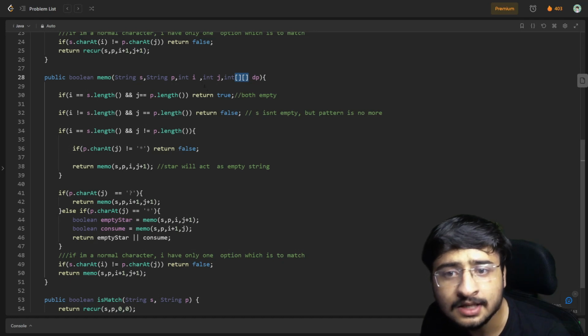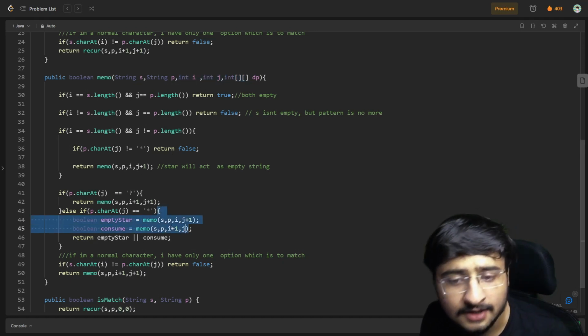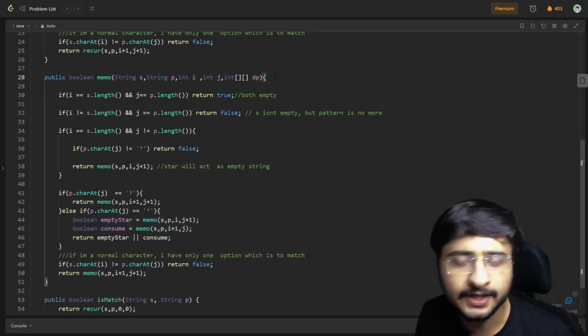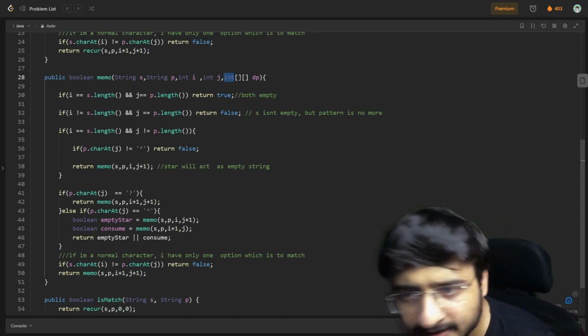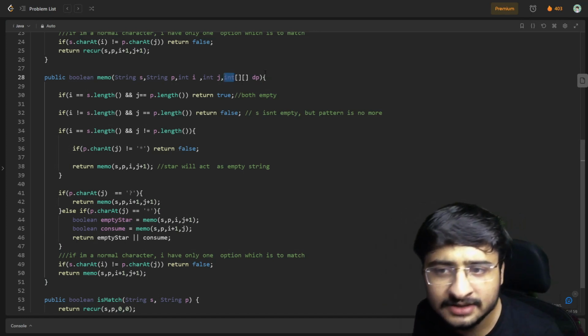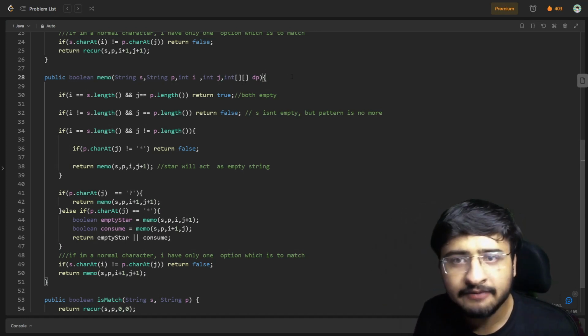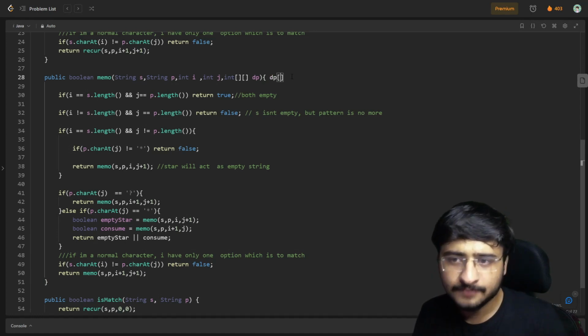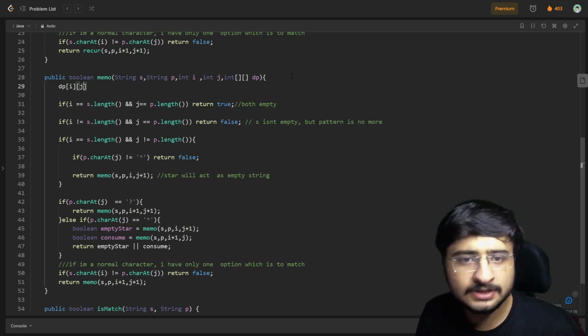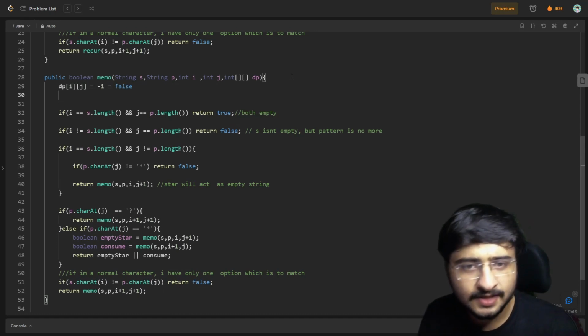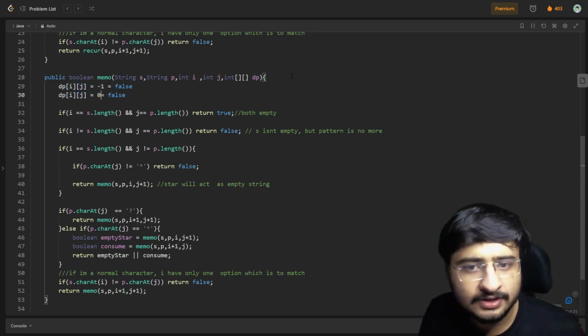Why 2 dimensions? Because i and j are the two parameters which are getting changed, so DP will be 2D. And we have to return a boolean here, but I am considering this as an integer, because in this DP array, if DP of i, j is equal to -1, it means that it's false. If DP of i, j is equal to 0,